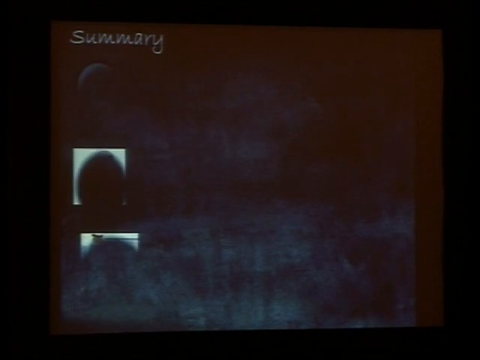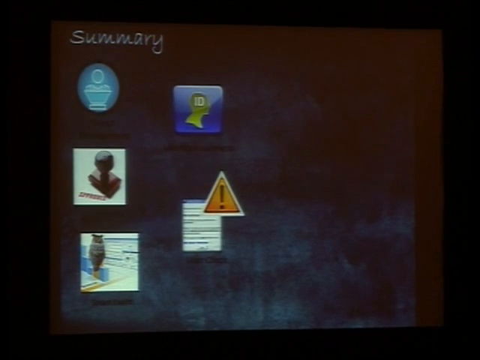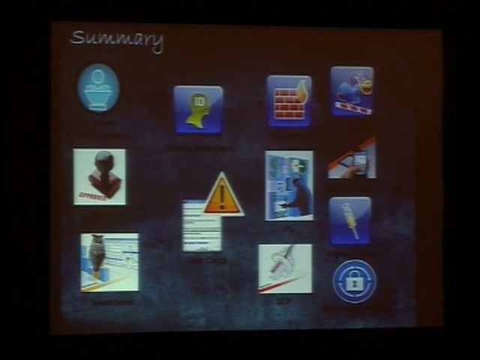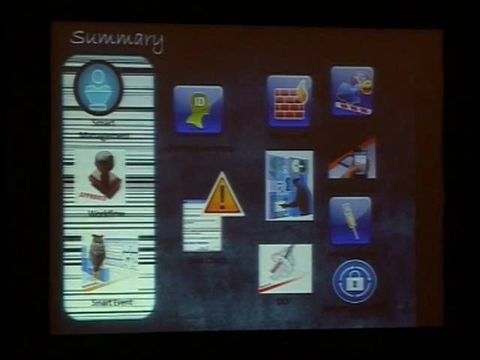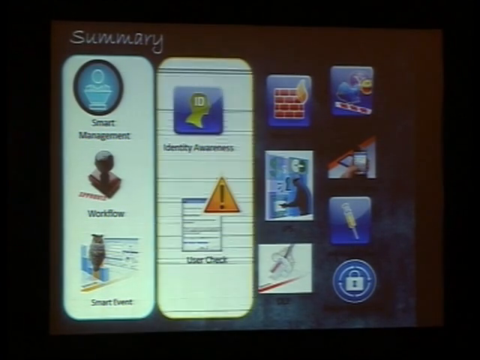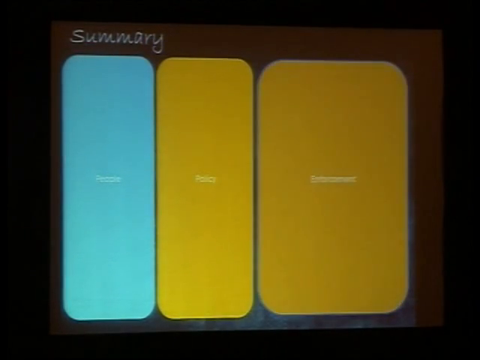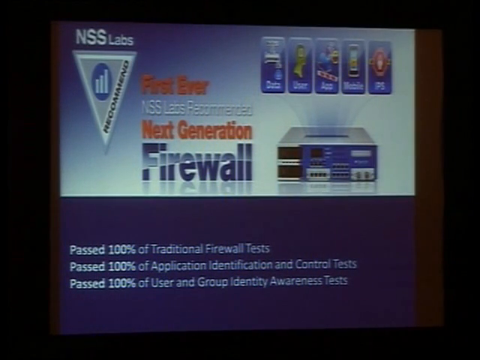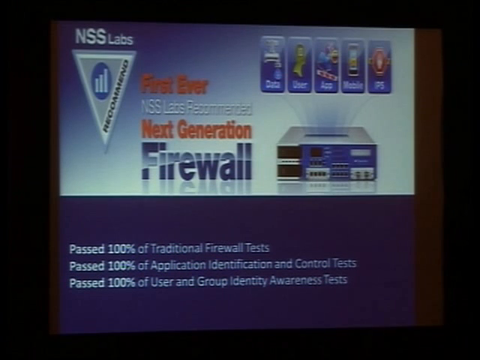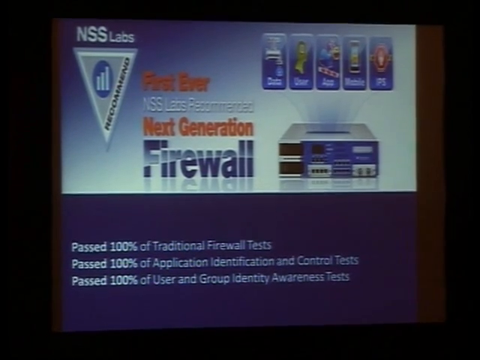So in summary, what is very, very important is that there are a lot of controls available on the management side. We are all aware of this, we have heard about this, but the idea is to integrate them together in such a way that we can make people, policy and controls work together in a three-dimensional way. And this is in the last slide: Check Point is the only firewall today recognized by NSS, which is the world's leading technical test agency, as a next generation firewall. We are the only ones right now to get this status.